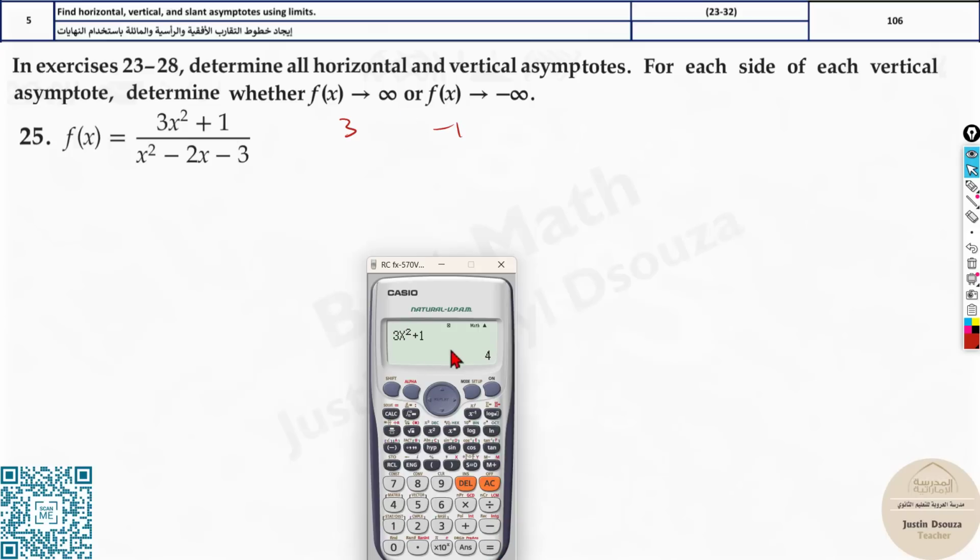It's 4. Is any of this 0? No. So we just consider both these vertical asymptotes. And how do we do the horizontal asymptotes? We type this entirely: 3x squared plus 1 divided by x squared minus 2x minus 3. Now here calculated at infinity,